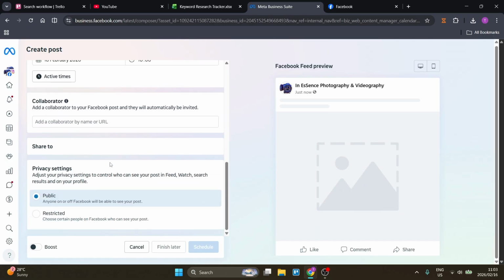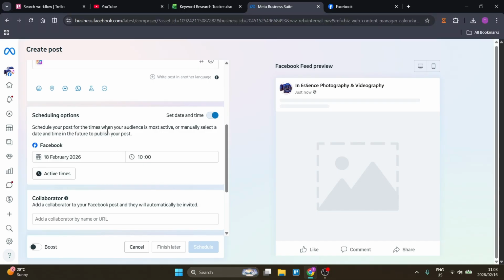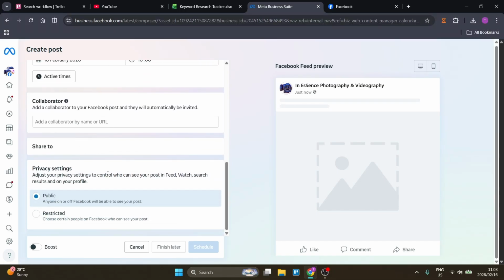And once you're done creating your ad and scheduling your time and sharing it to where you want to share it, choosing your privacy settings, go ahead and click on schedule. And you now have an A/B testing